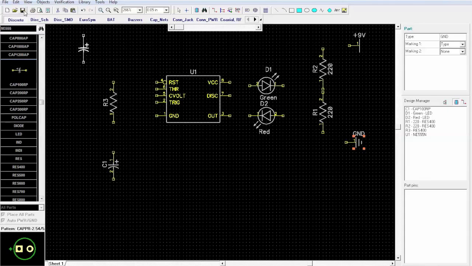All right, now we can start connecting the dots. Like I said earlier, there's several methods of doing this. One of which is mousing over the pin. When it turns red, click on it, and you're automatically in wire mode, and you can start connecting them. Now, if you need to connect these diodes together, you can either do it this way,